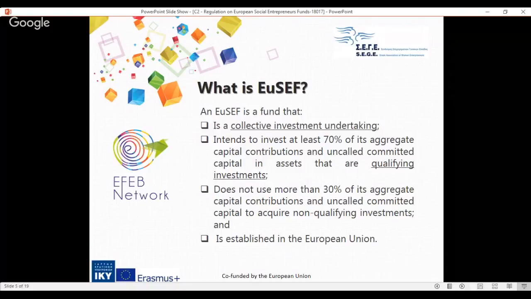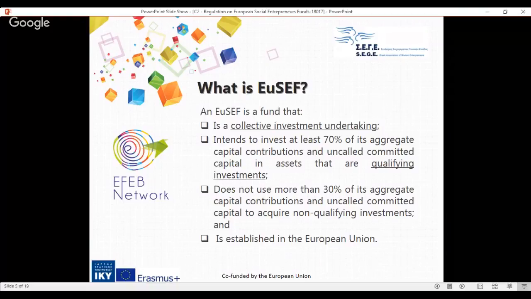A qualifying portfolio undertaking means an undertaking that at the time of an investment by the qualifying social entrepreneurship fund is not admitted to trading on a regulated market or a multilateral trading facility. Also, it has such characteristics as provision of services or goods to vulnerable, marginalized, disadvantaged or excluded persons, a method of production of goods or services that embodies its social objective, or provision of financial support exclusively to social undertakings. It embraces an accountable and transparent way, in particular by involving workers, customers, and stakeholders affected by its business activities. It is established within the territory of a member state or in a third country, provided that the third